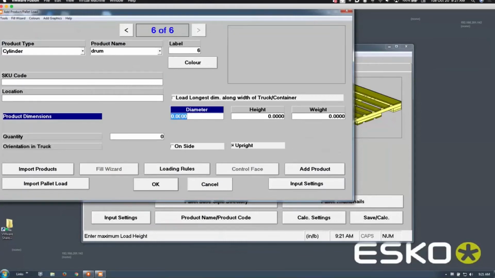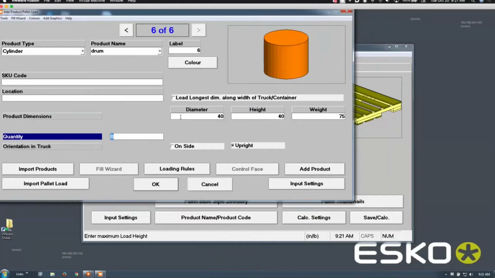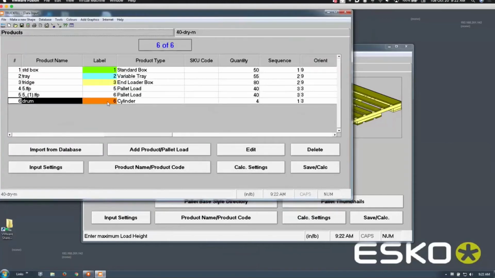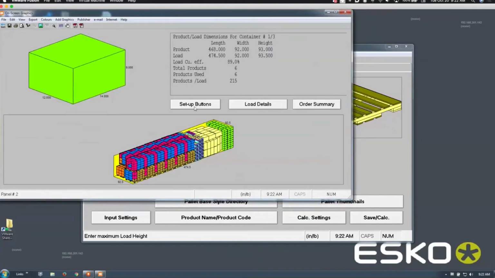And let's have a look at the dimensions. So we're looking at a 40-inch diameter and a 40-inch height. And this one is 75 pounds. And let's see, we're going to need 4 of those right there. So not specifying any loading rules, I can set the orientation to be upright. Typically, you want to limit this depending on the content of this. So we'll add that cylinder to the calculation, hit that calculate button again, go back to our setup buttons, and